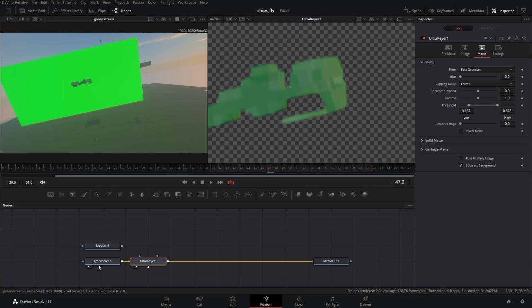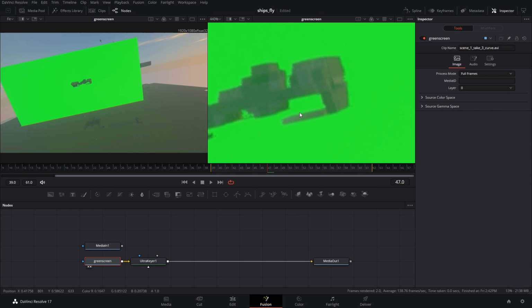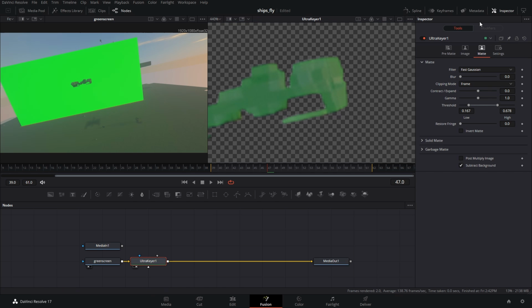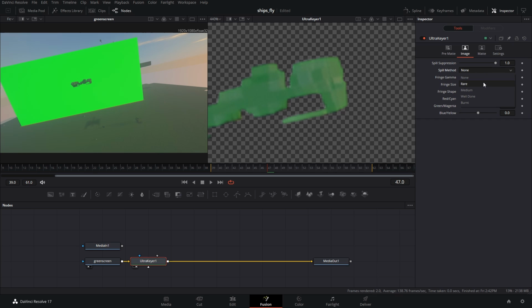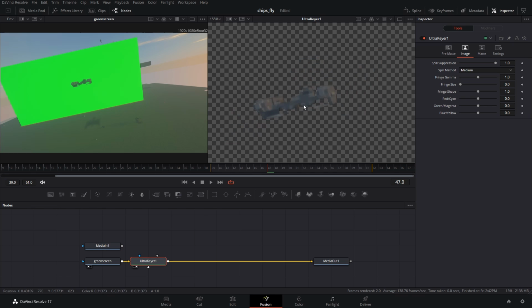Good, okay, but yeah, that's green. That's the spill I've talked about. It was always there, but when we remove the green background, it begins to look wrong. So what are we gonna do? We remove the spill. We go into the image tab, from medium to burnt, from rare to burnt, like steaks. So you're gonna know rare is only a little bit, burnt is well burnt, and we can look. Yeah, this is greenlit enough. So we have removed that, and yep, it looks better.